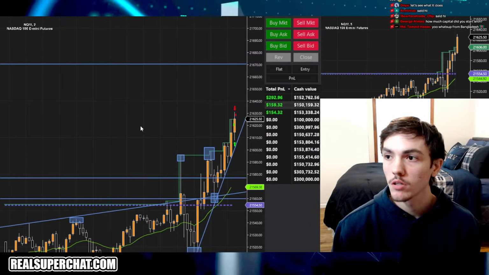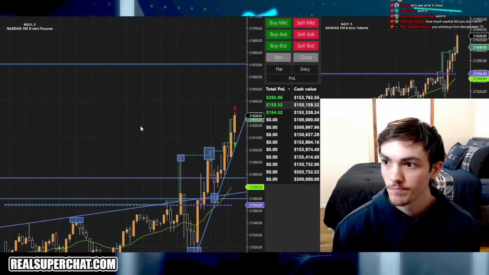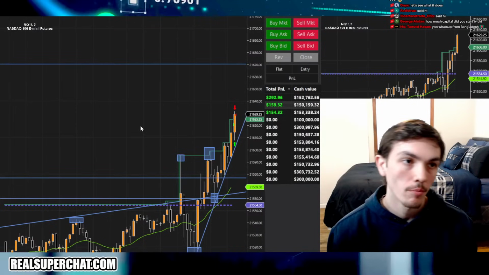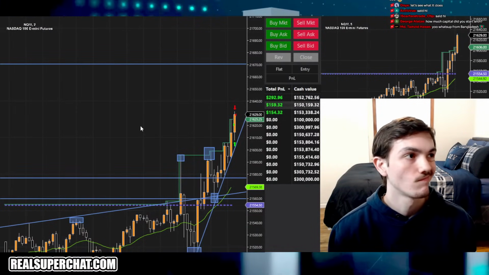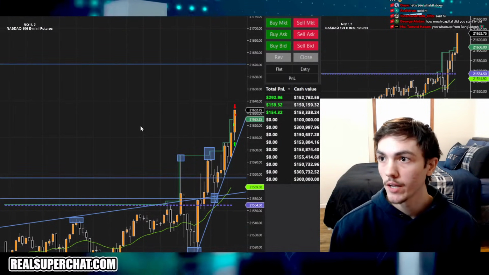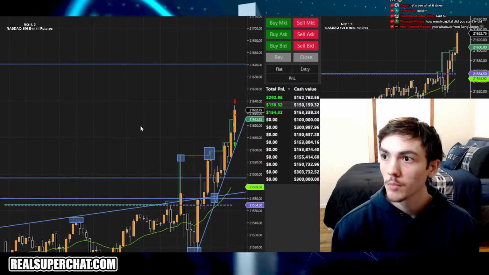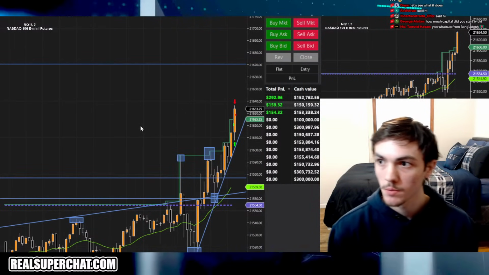Not looking to hold trades long right now. Just slowly grinding up. Nvidia is pumping up. It's slowly grinding up, but we had that pivot point. You could have held too. I could have held, but I'm just going to be in and out trades until this forms better structure.